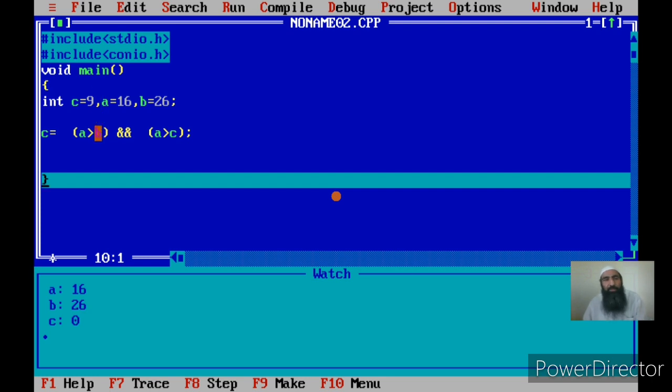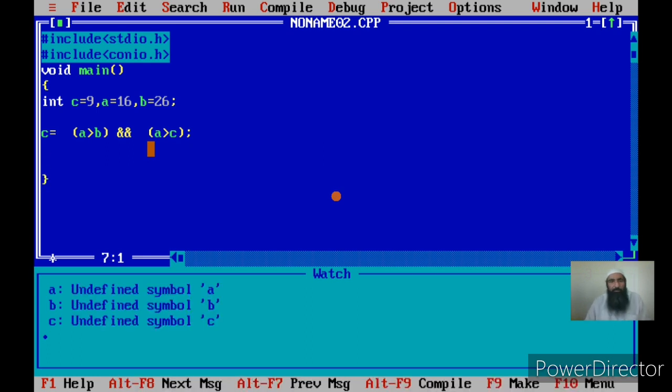One of the conditions produced a result that was false, and the AND compared the two results, and only when both the results are true, then the result will be true. So we can use AND operators to compare two comparison operations, and if both the left hand and right hand comparison operations produce the true value, then only the result will be true. This is so far as AND is concerned.